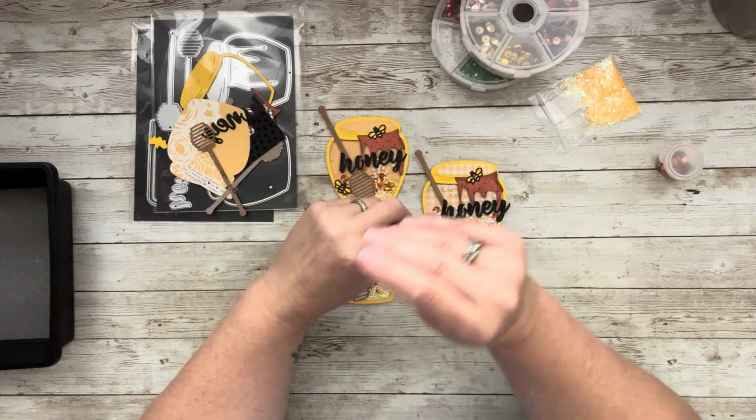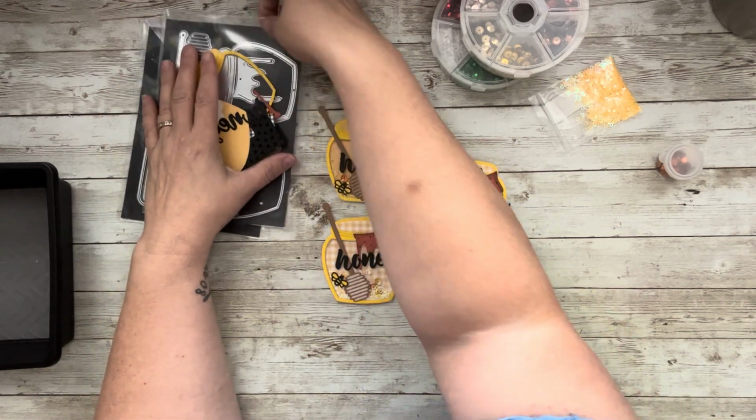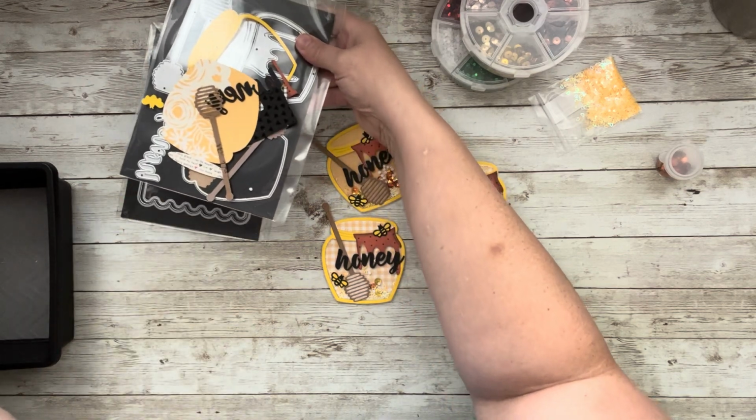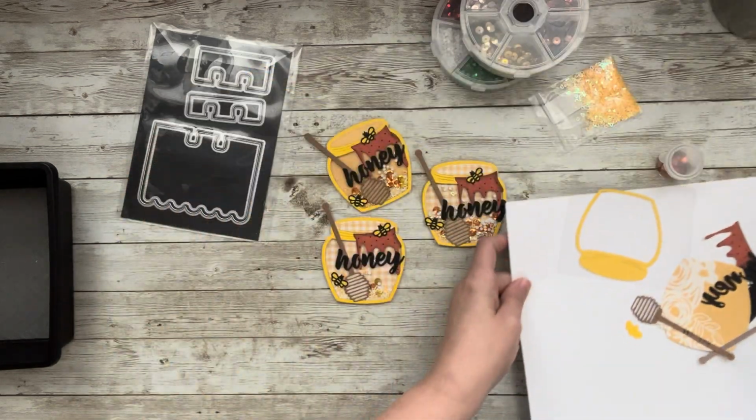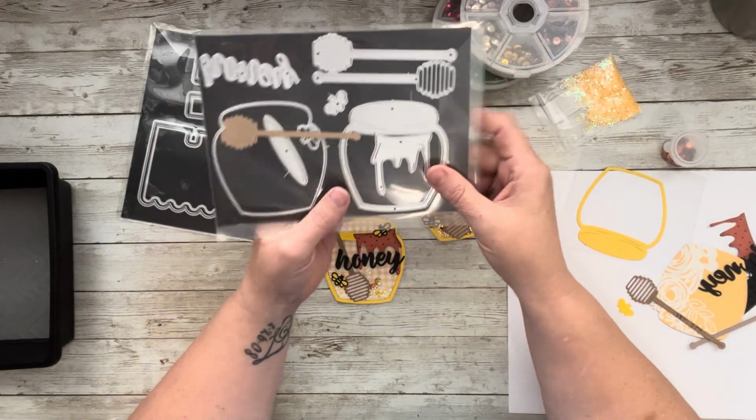So I was digging through and I had this honey pot. Now I don't want to lose my parts here, so let me get a piece of paper and put all my parts down here. We're going to make one together. So I had this honey pot